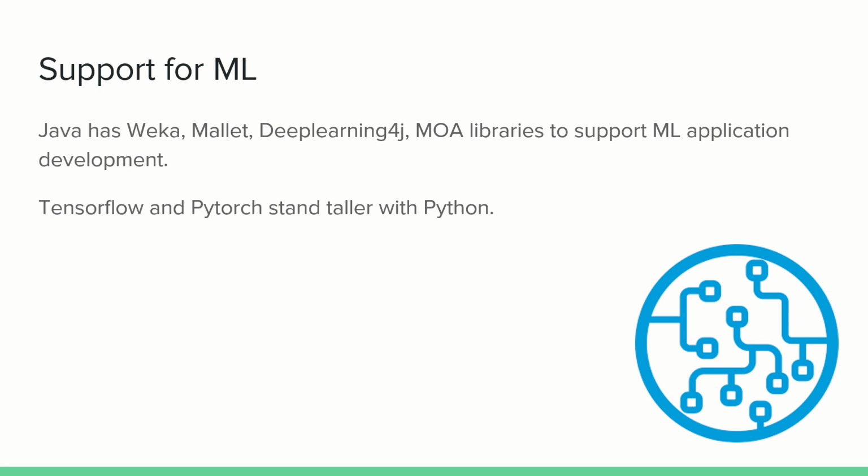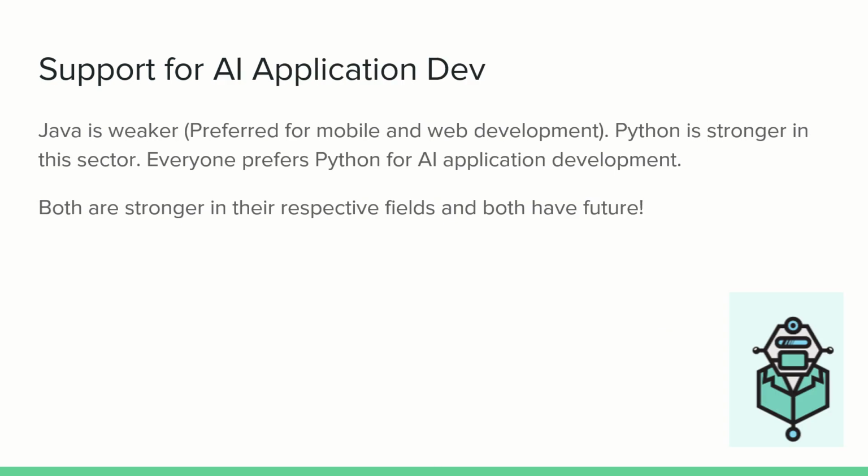In particular, when you want to develop something in artificial intelligence, I believe that Python is chosen over anything else. But when you want to develop mobile or web applications, web development stuff, you go with Java. That's how I can conclude it. Java can be chosen for web or mobile application development, but Python is always for AI, deep learning, machine learning, the data science stuff. You can go ahead and choose Python, just closing your eyes. Both have a future and both are growing tremendously and both have been in the market for a long time. So that's my conclusion. Python is for AI and Java is for web development and related stuff.